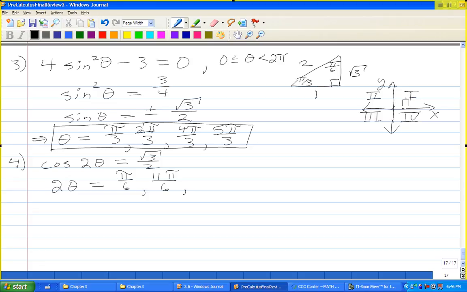I want it to be again in the first quadrant after I've gone a full circle, because I have a 2 theta here. So I'm going to have to probably go around the circle twice. So that's going to be once plus another pi over 6, which is 7 pi over 6. And I want to go twice, but pi over 6 less. So that's